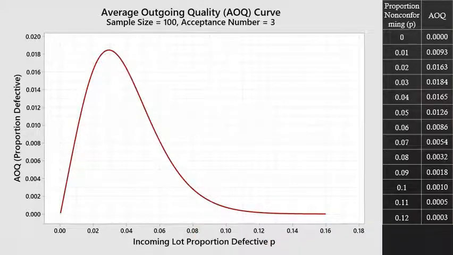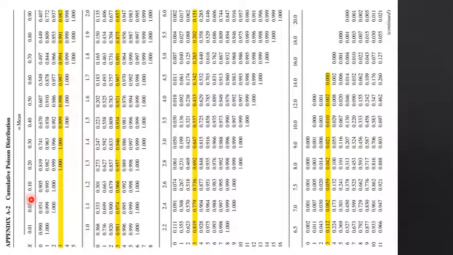So this is the cumulative Poisson distribution table. For x equal to 3 and np equal to 2, we can see that the PA value is equal to 0.857. Similarly, for x equal to 3 and np equal to 6, we get 0.151. So like that we can get all the values of PA at the different values of small p.